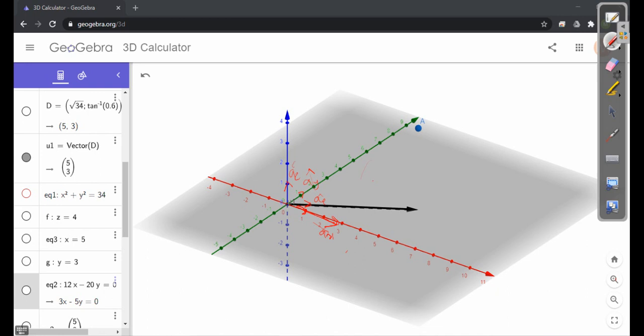Now the first one is I have to find Ax cap dot ρ cap. So what is the value of Ax cap dot ρ cap here? So as we said, A dot B is AB cos theta. So the modulus of the first one is 1, into the modulus of the second one is 1, into cos of the angle between these two. So what is this angle? The angle between the x-axis and ρ is called phi, right? So cos phi. So 1 into cos phi, that will be cos phi. So we got the first value.